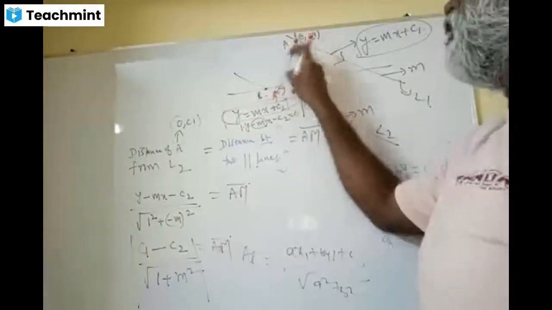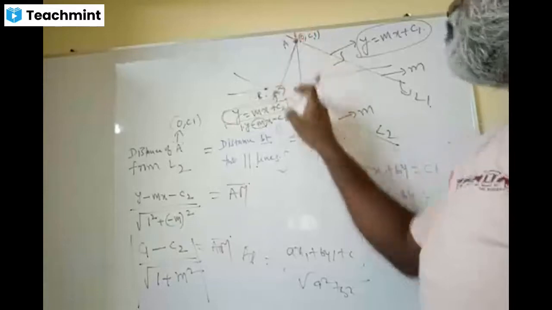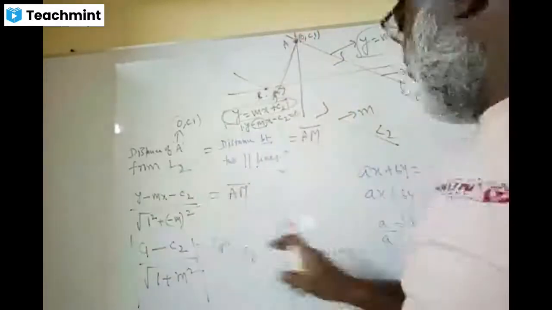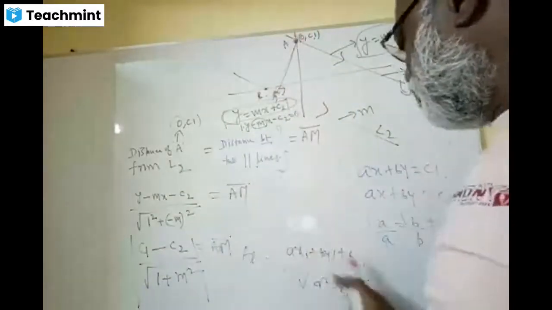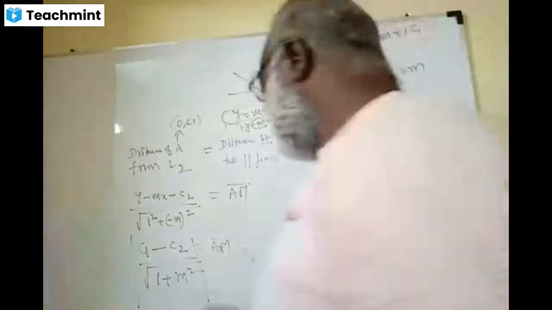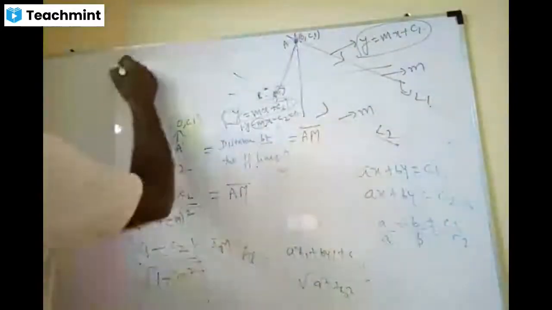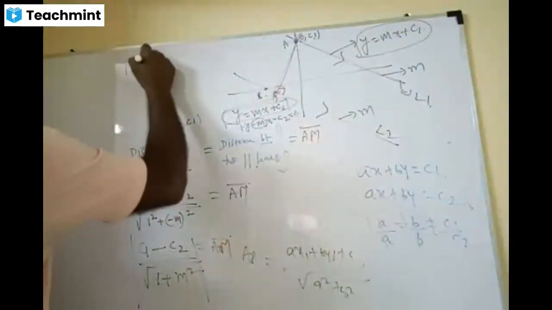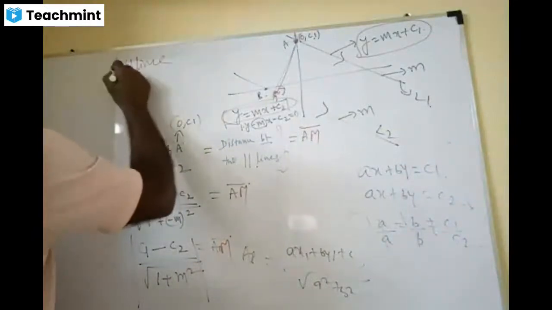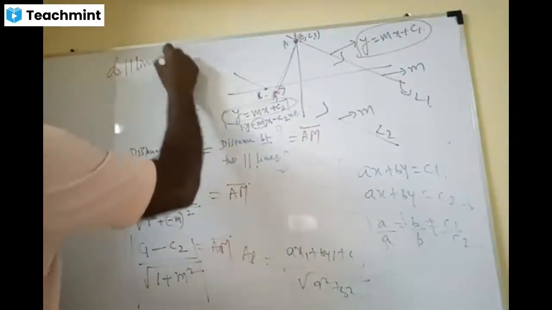A is the point and line is their distance of a point. The line is already something we learned: Ax1 + By1 + C over root of A squared plus B squared. Wonderful, so you got it. So the formula is what now, please? Distance between the parallel lines. Distance between the parallel lines, what now, please?